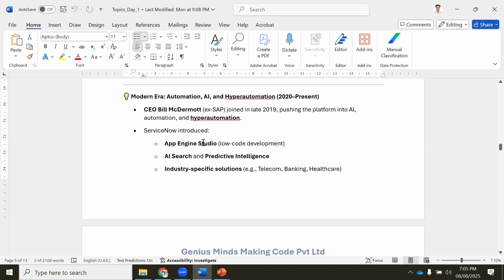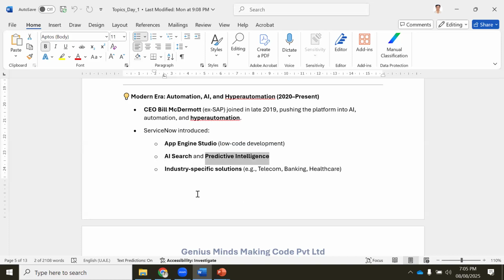So what is App Engine? It is low code development. We will discuss this when we get to it. And AI Search, we all know what AI is, correct? Artificial intelligence. So that kind of search they introduced after 2020, correct? Predictive intelligence is nothing but, today you created a ticket that my phone is not working.